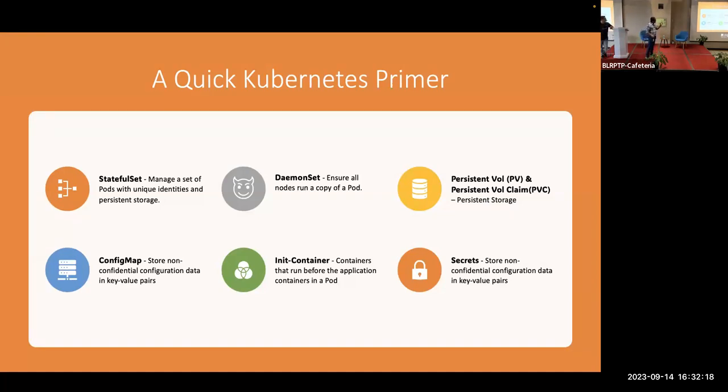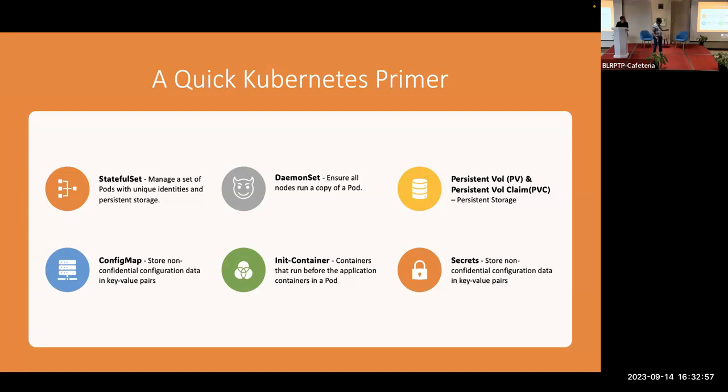Now another component is a daemon set. What happens when you deploy a pod? The pod gets scheduled and the pod will find a node to get deployed on. However, in the daemon set, it is exactly the opposite. Once you add a node to your node group, automatically the pod will get deployed on that particular node. So that's the daemon set. Another is a persistent volume claim. I won't go much deeper into this. A very layman example can be a Docker volume, or any NFS volume.